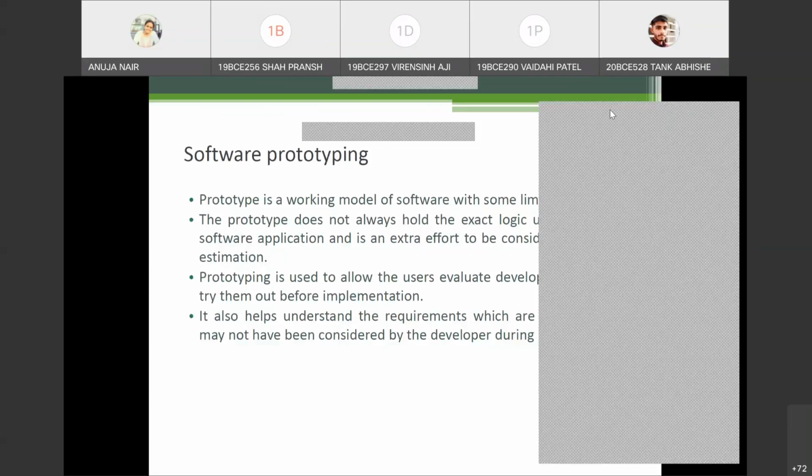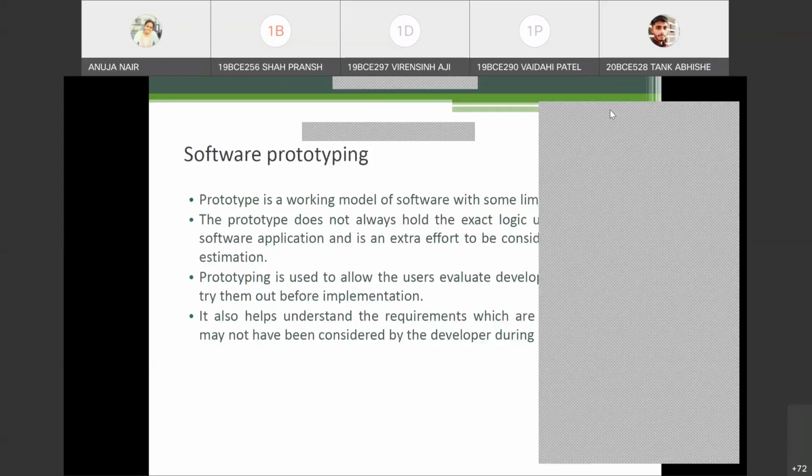Suppose you want to create hardware, like a car, you want to manufacture a car. Nobody is going to directly manufacture a car. So what you do is that you first create a small prototype of it, right? What does prototype mean? It is just giving you a small working model, not with all the functionalities, but with initial functionalities, some basic functionalities, right? So in terms of prototype model also, we do the same thing.